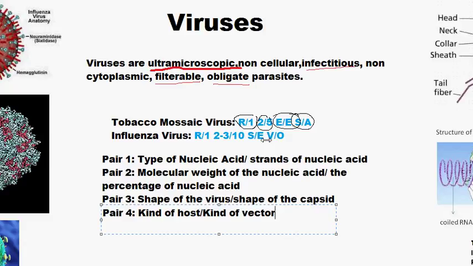And the kind of vector here means whether the virus is attacking with the help of any other organism. Let me give you a very common example, the rabies virus. As you may know, it is caused by a dog bite or a monkey bite. So the dog or the monkey is the vector, which is causing the virus to enter our body. Now the vector can be vertebrate, invertebrate, anything. The dog in this case is a vertebrate. So we will put the slash, and in the case of the rabies virus we will put the vertebrate sign. So that was pair 4.